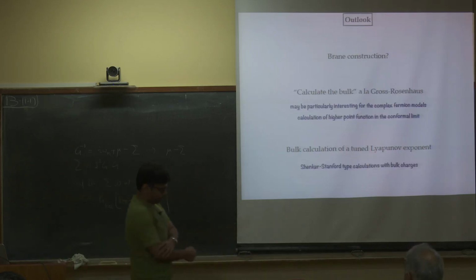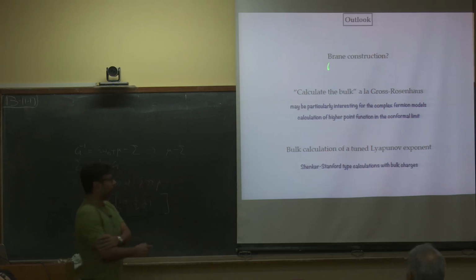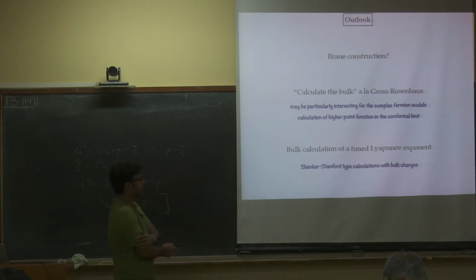Finally, of course, the outlook. There's an elephant in the room in some sense, which is people are trying to figure out how to realize such models in terms of brane constructions, etc. What intrigued me a lot in this whole game, although I made maybe negative progress in understanding it, was this 4-Fermi interaction. There is one way you can generate 4-Fermi interaction from brane constructions, by considering intersections and whatnot, but it seems a little tricky.